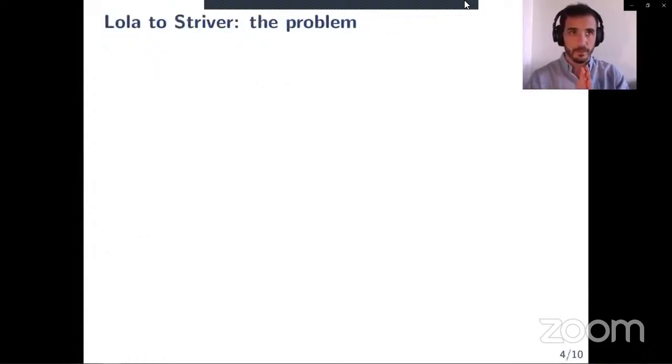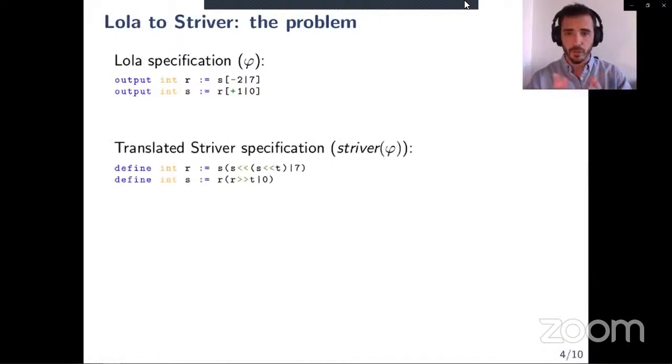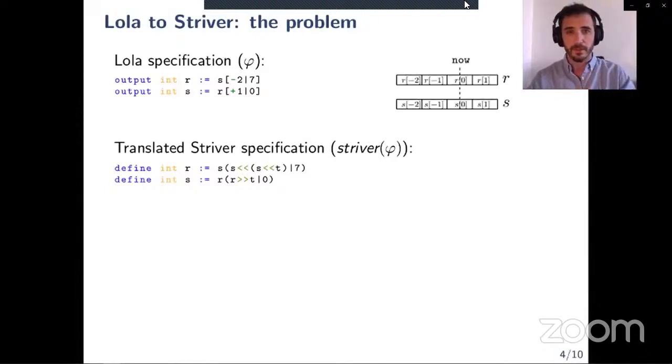So let's try to translate a Lola specification to a Striver specification. If we have a Lola specification like this, phi, and we apply the function Striver to obtain a Striver specification, what we get is this specification, and the original specification in Lola,